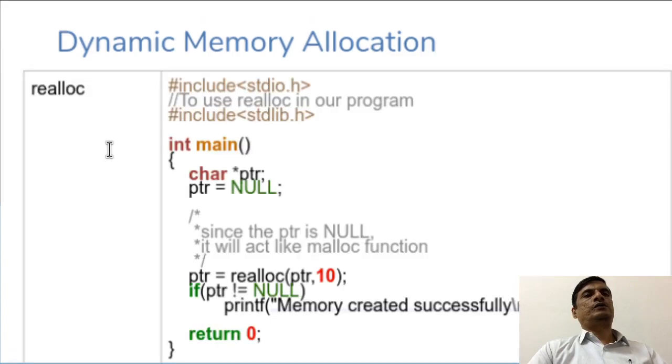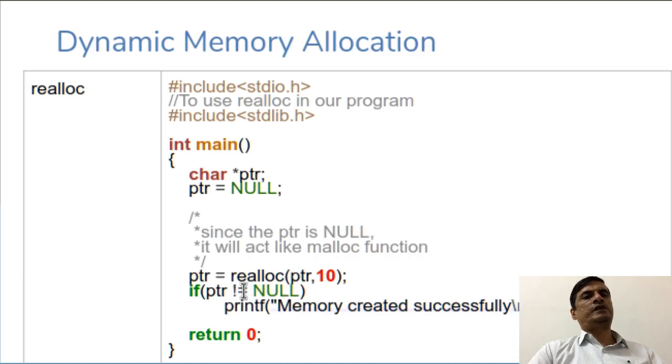So we'll move on to the simple programs. Here, assuming that PTR has already been allotted, you use realloc. If it is not able to, then it returns null, which is a failure. If it is not null, it allots successfully. But in this case, to use malloc, calloc or realloc functions, you must include stdlib.h. So this is a simple program which illustrates the usage of realloc.